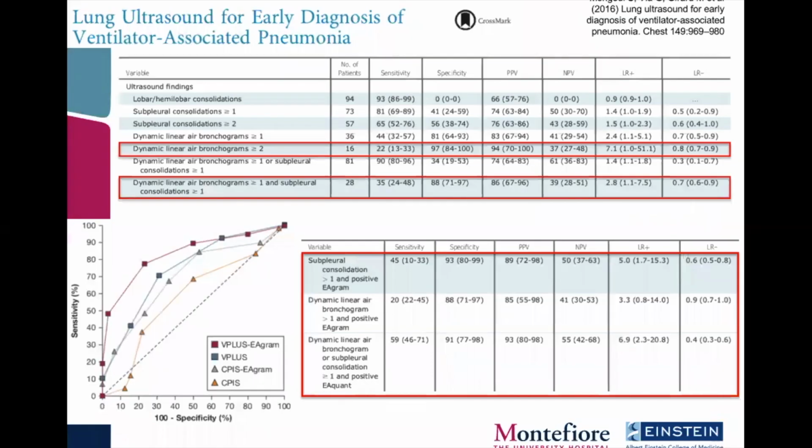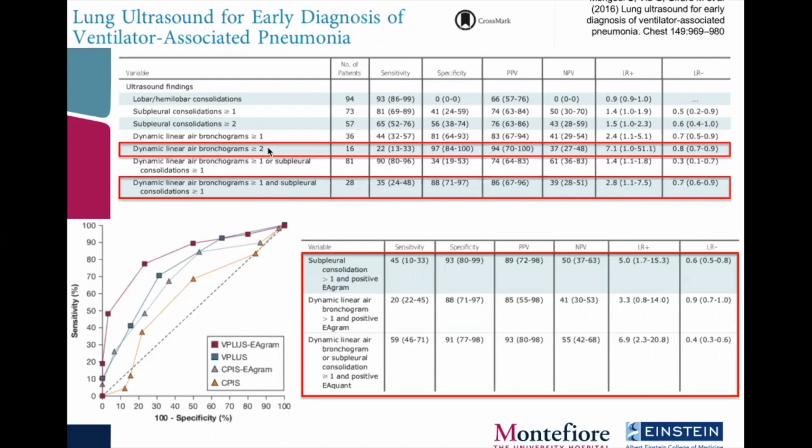This was another study recently published in 2016. This was a multi-center prospective study of 99 patients with suspected ventilator-associated pneumonia, where lung ultrasound was used in combination with microbiologic culture data to diagnose VAP. There are a lot of graphs and tables in this paper, but I highlighted the most important findings. And that was, for the diagnosis of ventilator-associated pneumonia, the authors found that